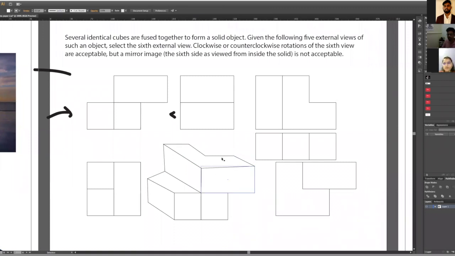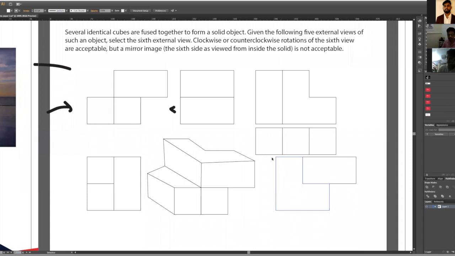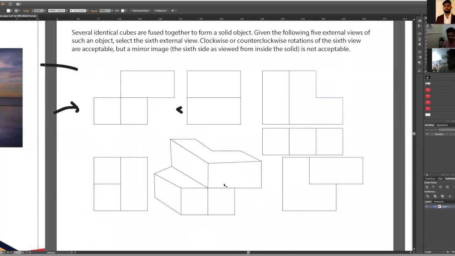If I consider this as a top view, somewhere it is aligning, yes? Yes, sir. So I have to figure out another two sides where it is going to fit. So now I have clarity that I have a top view and a sort of side view.